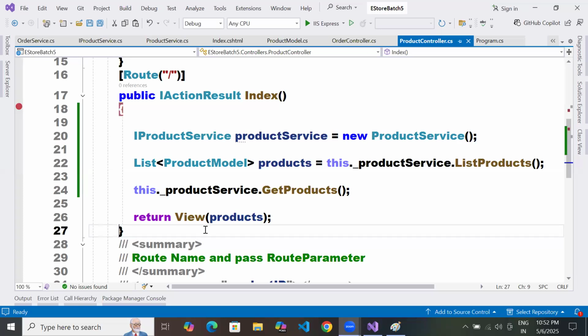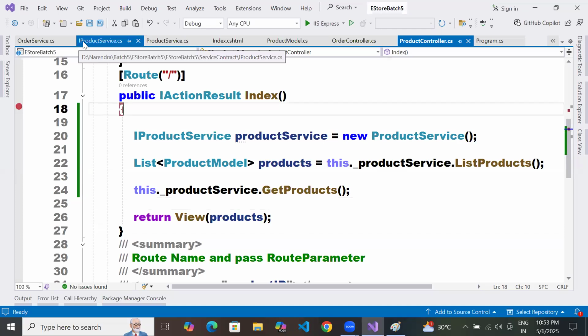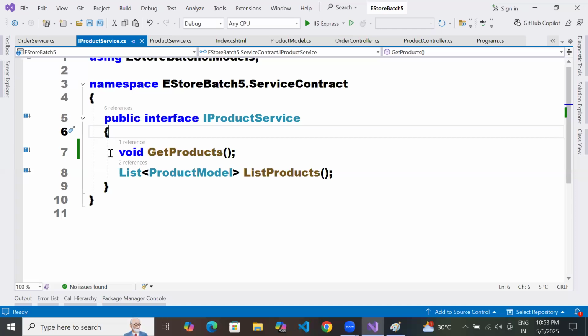Anybody have any questions? You all understand what we have tried? Everybody? Vinay, Chetan, Natarajan, Nitesh Tiwari, Shivashankar. See, what she helped us with is, we created two methods in the product service.